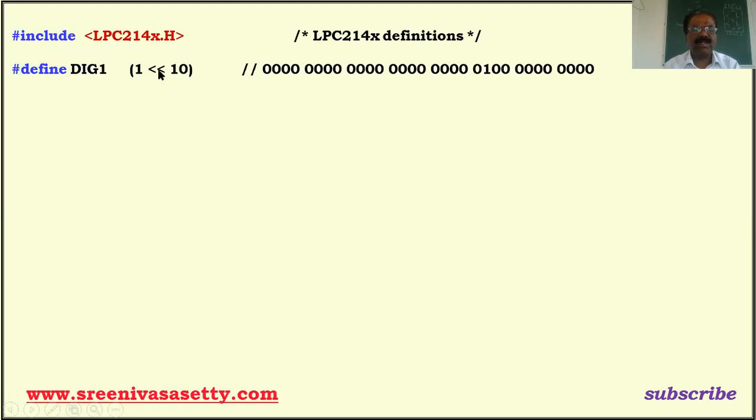If you write #define digit 1 simply as 1, then bit number 0 is 1. But if you write it like this, it makes bit number 10 high. I am going to use this data to make the anode high.